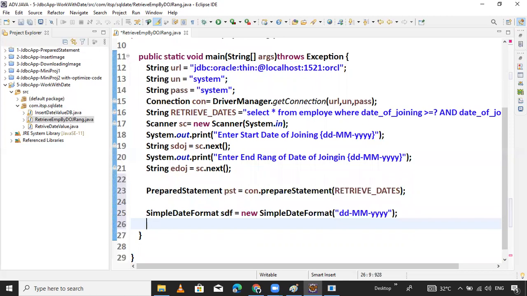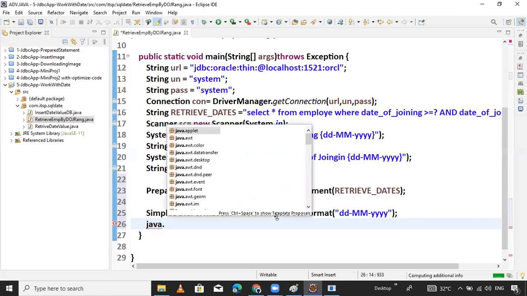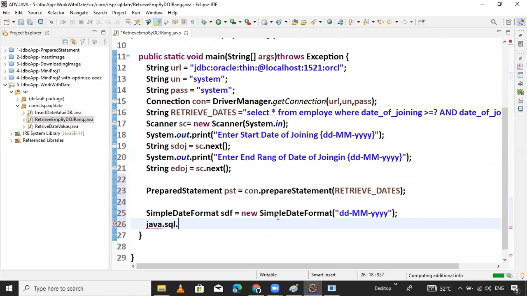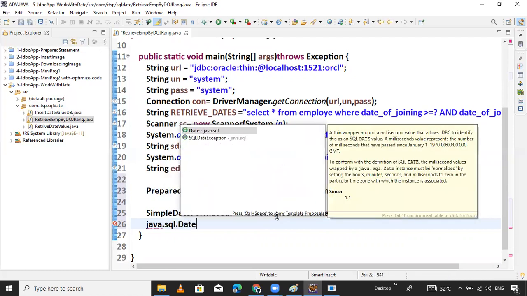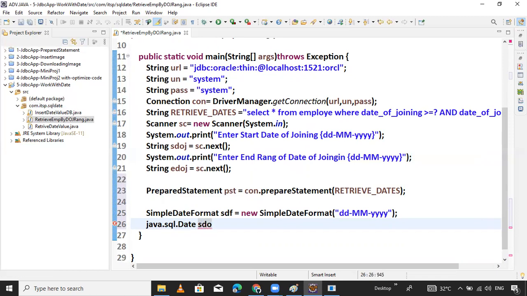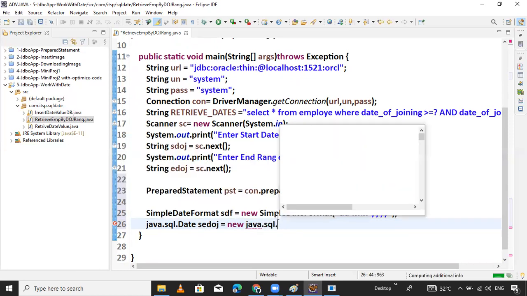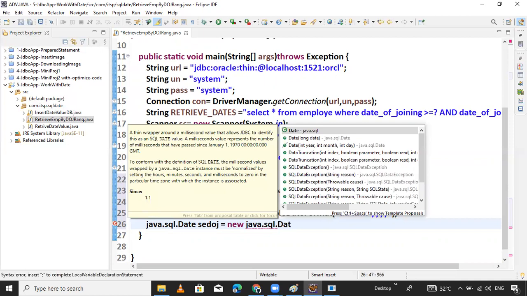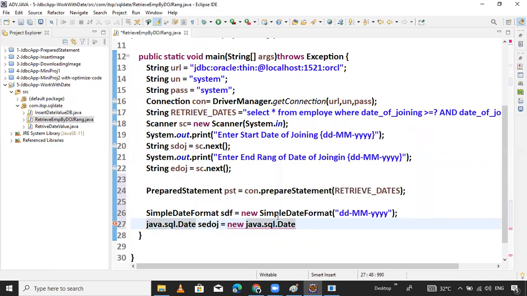Now here the string data: java.sql.Date sqlDateOfJoining equals new java.sql.Date.